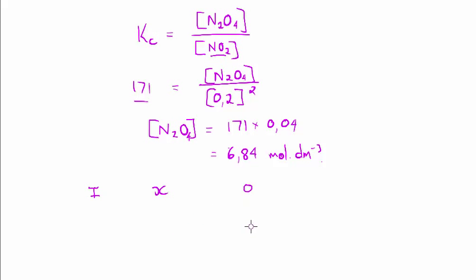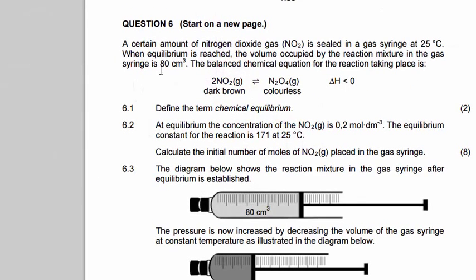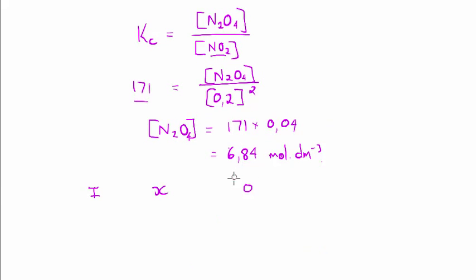I do know how many moles I started with of the dinitrogen tetraoxide: nothing. Remember what they said in the beginning? A certain amount of nitrogen dioxide is sealed. So I had nothing of the other one. Then I see, okay, but at equilibrium,